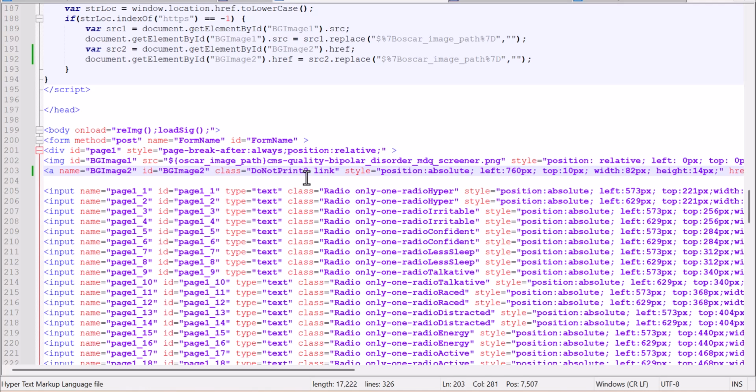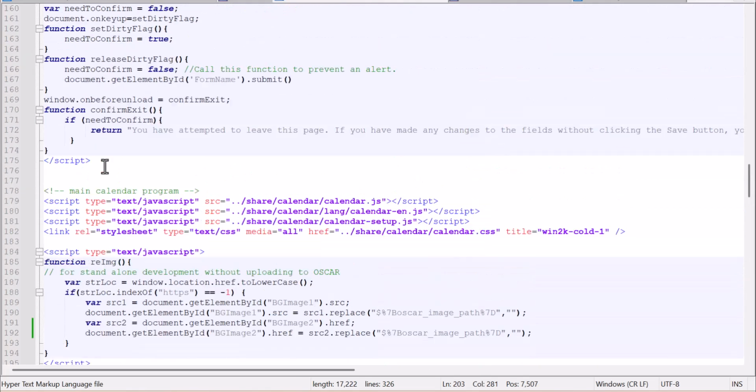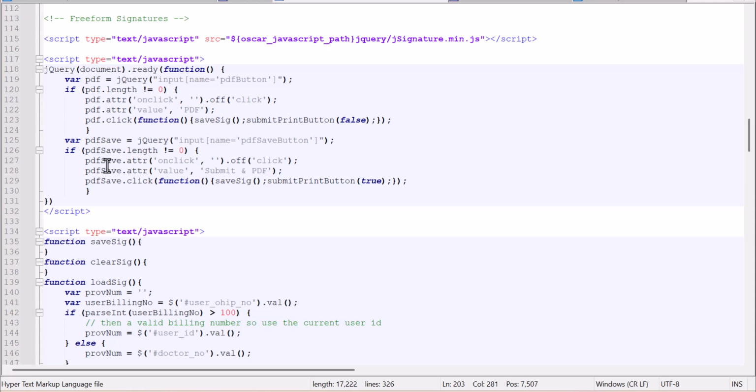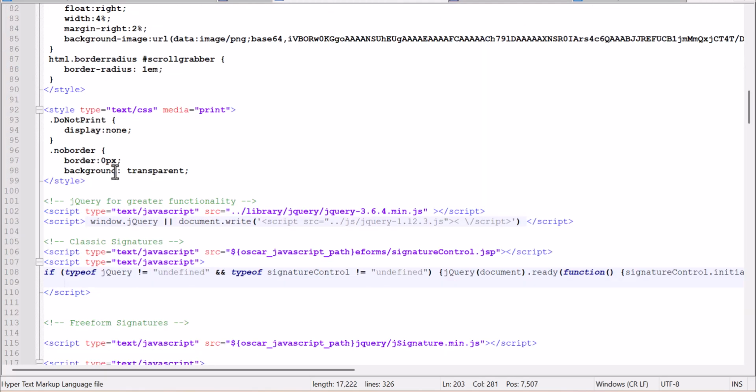I have created a separate class called do not print to, which doesn't confuse where the fax buttons go. Now, to do that, basically, I'm going to scroll up here and I'm going to go into the